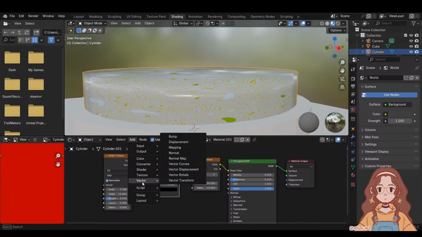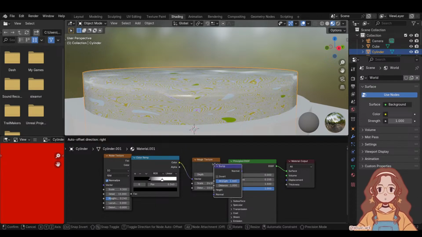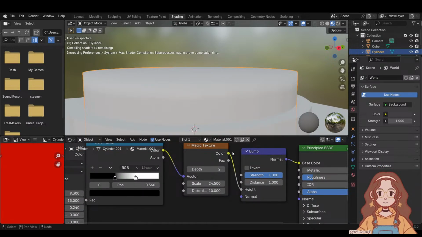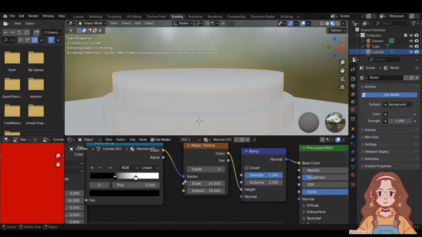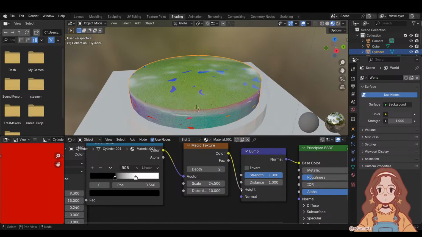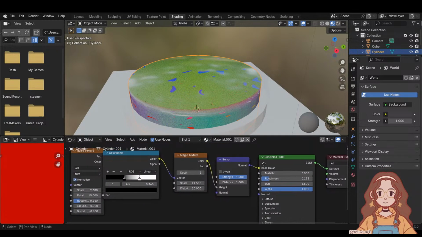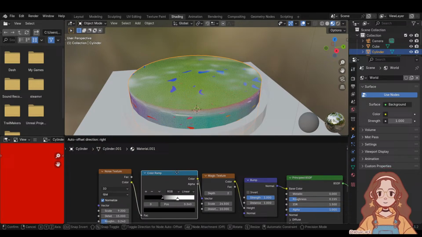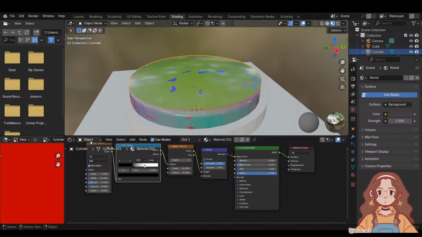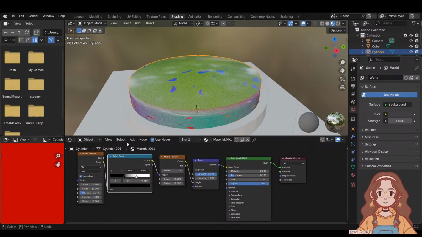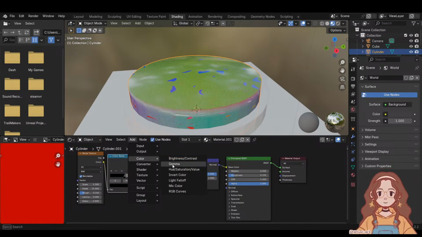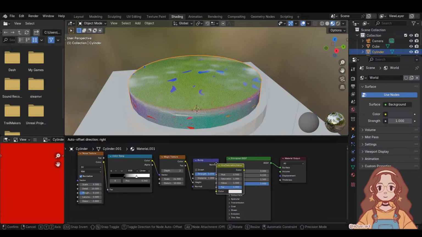You know what? It's fun. Oh wait, bump, right? I just add a bump in between, and then no, I did something wrong here. I mean, it looks sick, but I did something wrong here. What did I do wrong? There's something I'm missing. It might be a hue saturation value,